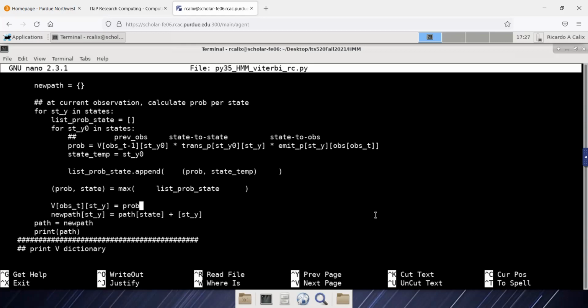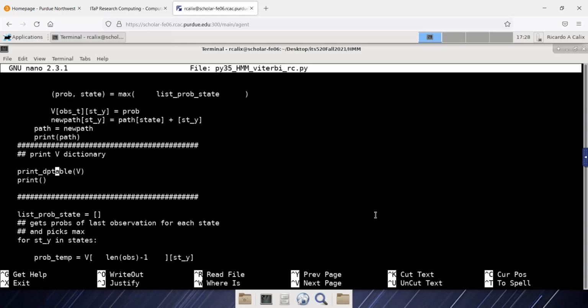And so we calculate the probability, and then we just add the states to the new path. Okay? And that's basically the exact logic that we had described in the slide. So we perform the multiplication, we have possibilities, we select the maximum one for the state and the path, and that's basically it. At this point here, we can just print out the